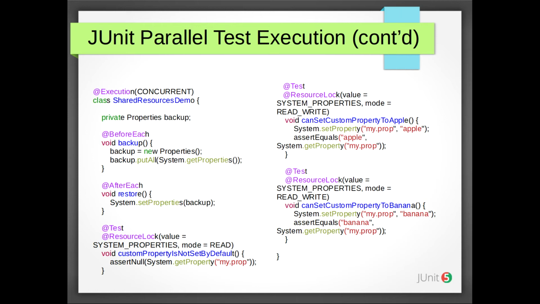So the code snippet begins in column 1 and continues in column 2, and I'm going to give you 2 minutes to study this code snippet. But basically what this code snippet does, it features 3 test methods. One of those test methods just reads the value of my.prop from property file, and the other 2 write to my.prop